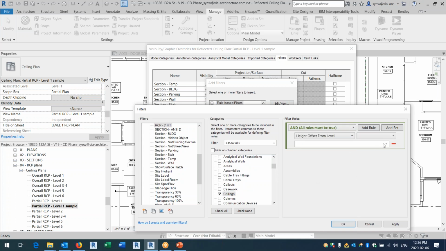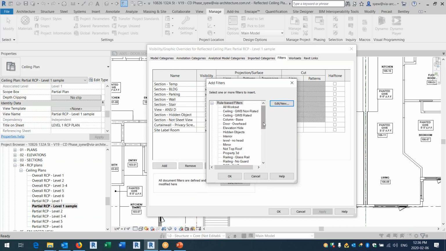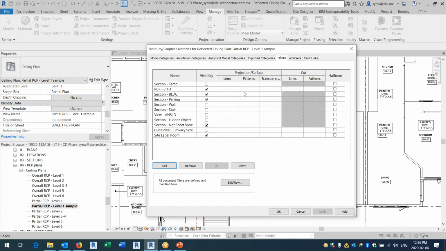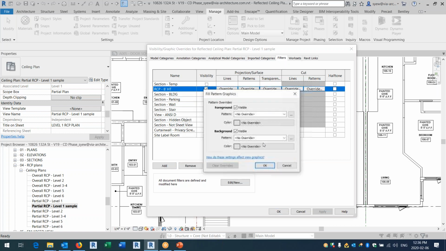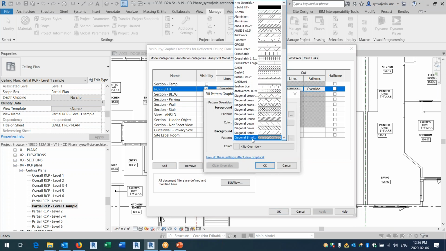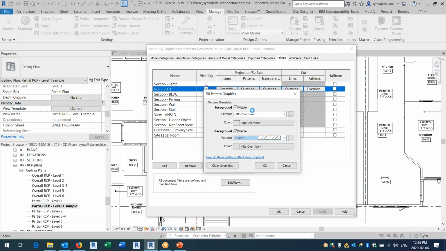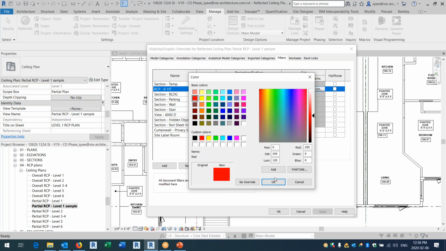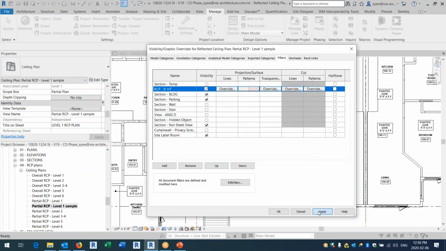And here you can say it's equal to 8 feet. Now what I can do here, for RCP 8-foot height, is for the pattern, give it a color, and let's make it all red. Okay, pretty straightforward. When you hit apply,